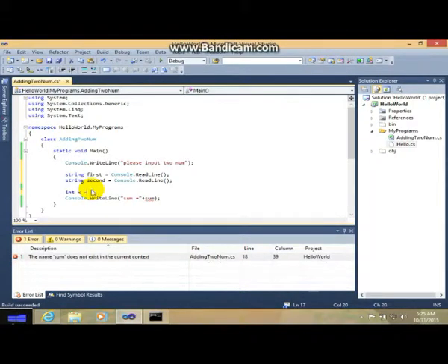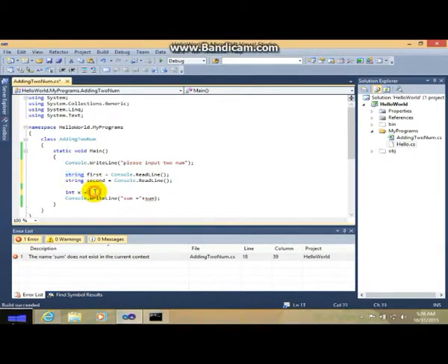So int x is equal to, we'll convert this string into integer. Take note that integer is different from string to integer. They are different.